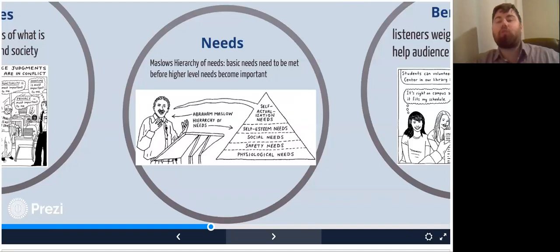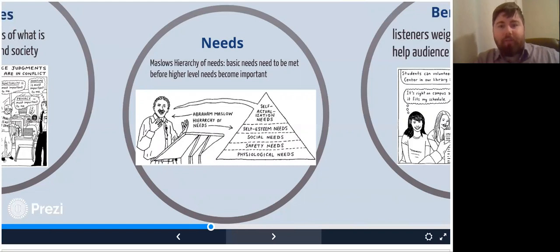Now we also have social needs. We need people and we need each other, and we need to engage and interact and talk to each other. And if we don't, we feel a gap in our lives. We feel a sense of loneliness, a sense of loss if we're not engaged with the people around us. Another one is self-esteem needs, and that has to do with how you feel about yourself. So once you have your basic physiological, safety, and social needs met, you need to feel good about yourself. You need to feel as if who you are matters, and you need to get those kinds of messages from the people around you. If people don't make you feel like you are worthwhile, then that's going to have a really negative effect on your psychology.